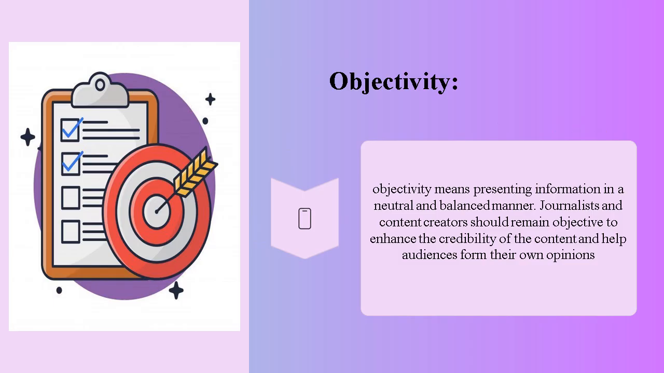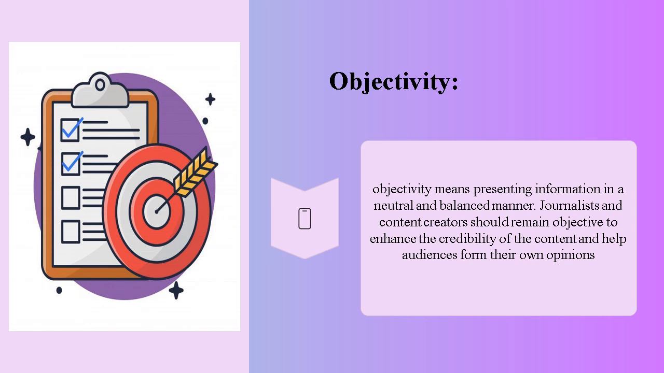The second principle is objectivity. Here we need to remain objective. We don't have to work for some people's interests and neglect others. We don't have to show that our opinion is with or against something. We have to remain objective. Objectivity means presenting information in a neutral and balanced manner. Journalists and content creators should remain objective to enhance the credibility of the content and help audiences form their own